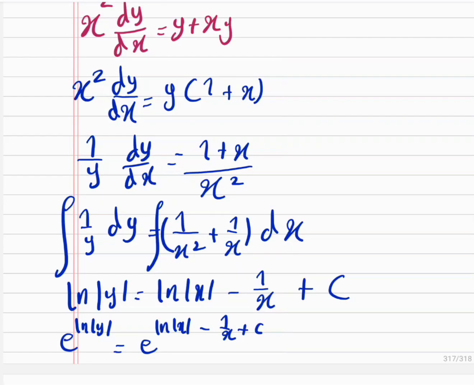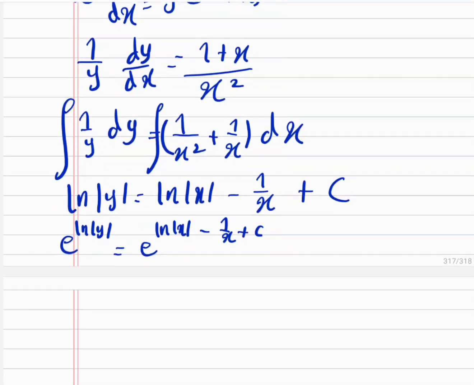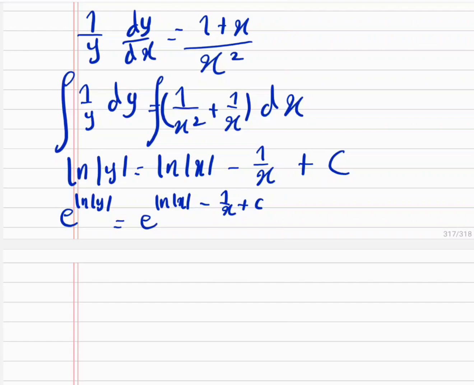Okay, and at this point, remember that there are some cancellations, because e and ln cancel out, so we'll have mod y is equal to mod x, the absolute value of x, minus 1 over x plus... so e to the power of c is equal to a, let's say, because that's just an arbitrary constant. But here we can also rewrite that as maybe,